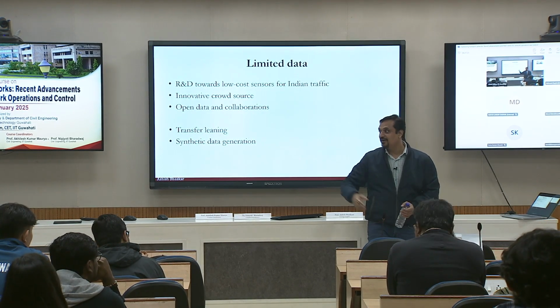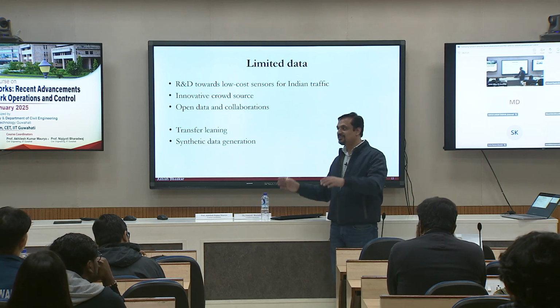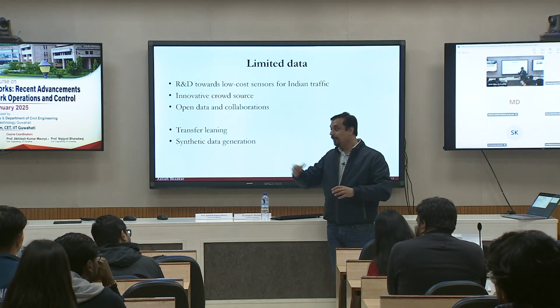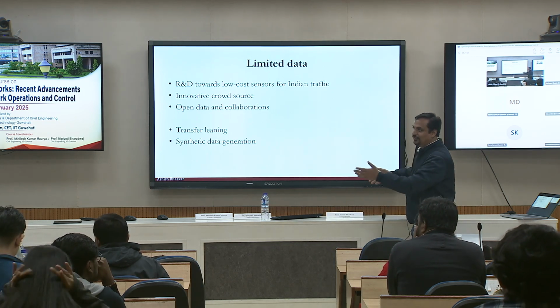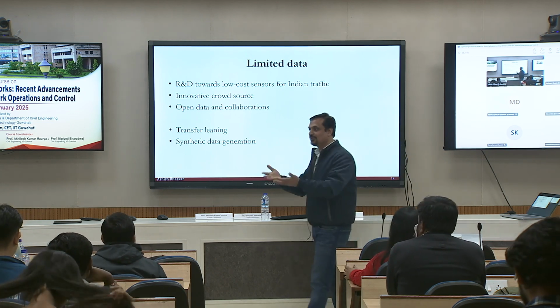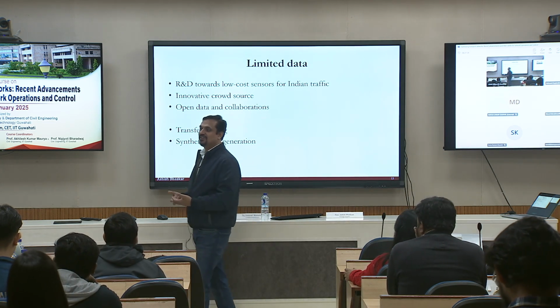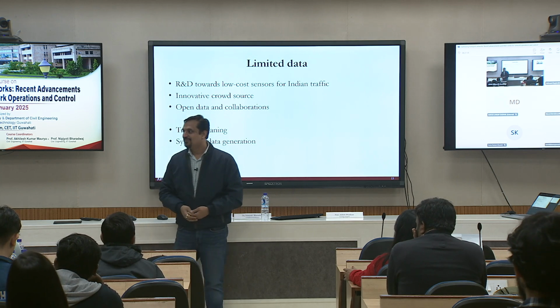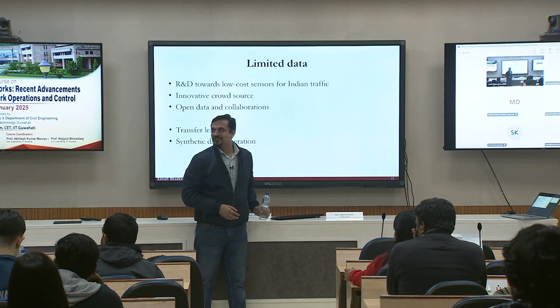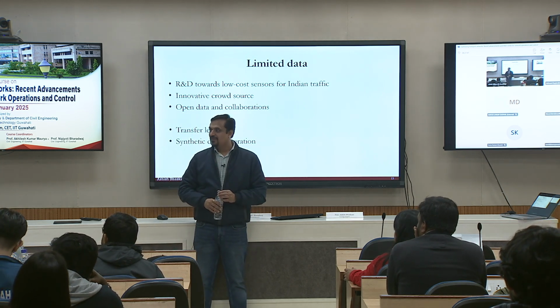And in fact, maybe in CTRG or TRG, we can still think of forming such a group. There are a lot of groups already that you have shown. Maybe one of the groups can just focus on reproducible research with the Indian condition. That we can especially discuss and come up with some kind of common model.